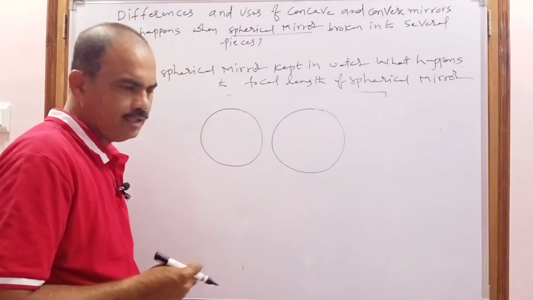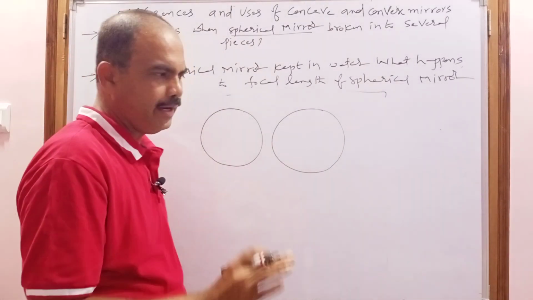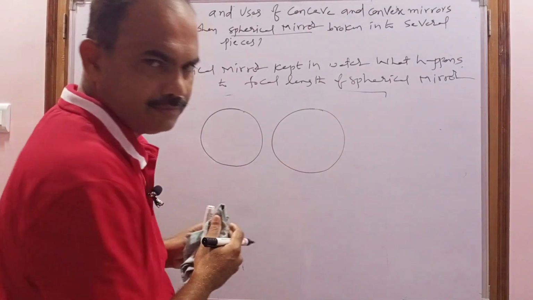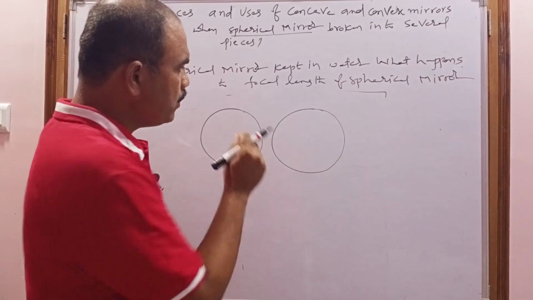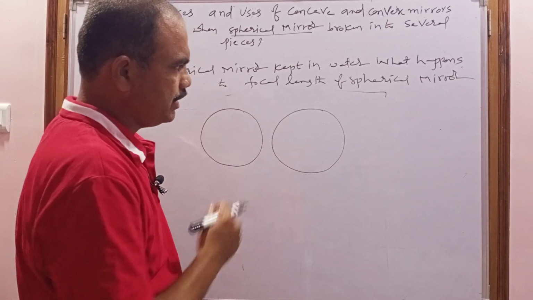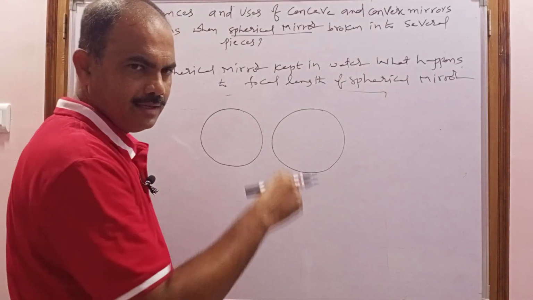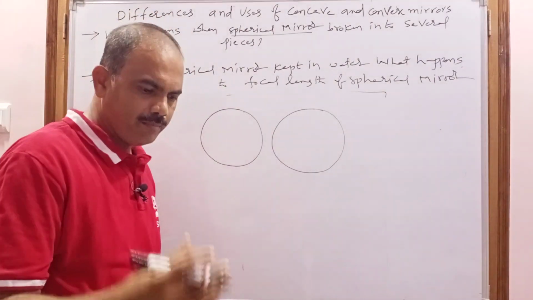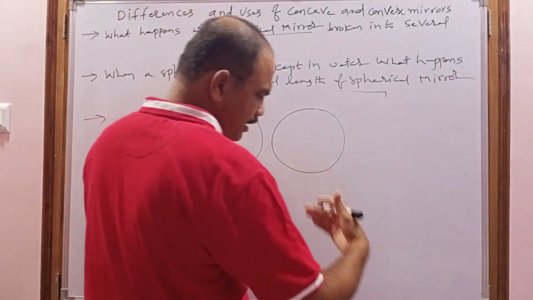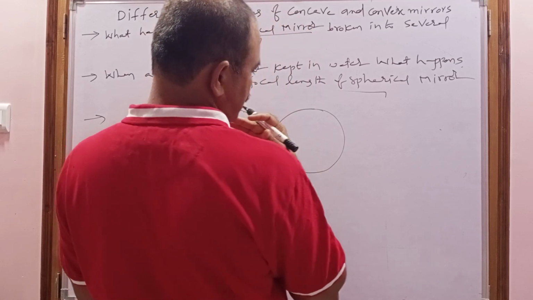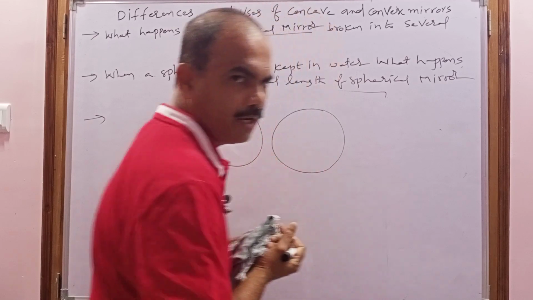So now what is my question? Two mirrors are given to you, fixed or pasted on the wall with the help of stickers. Without touching them, how can you identify which one is the concave and which is the convex? Simple. First of all, stand nearer to the mirrors or in front of the wall, such that your face will be towards the reflecting surface of the mirrors.